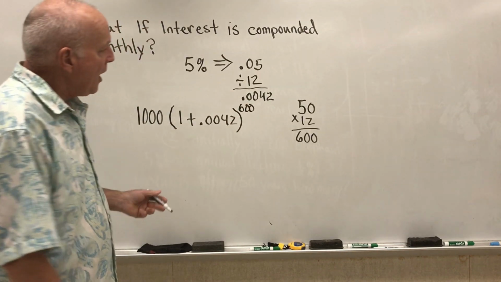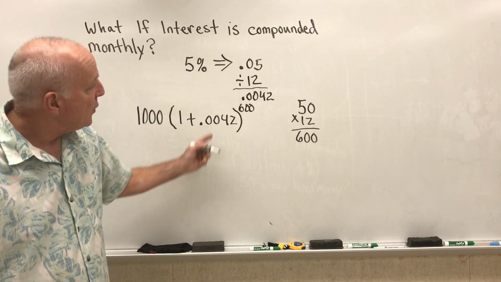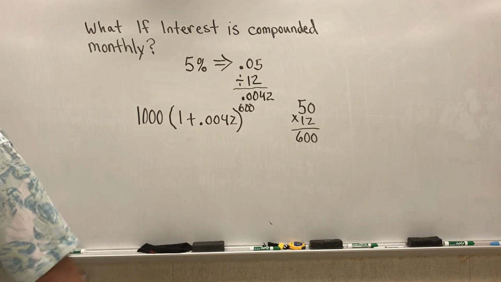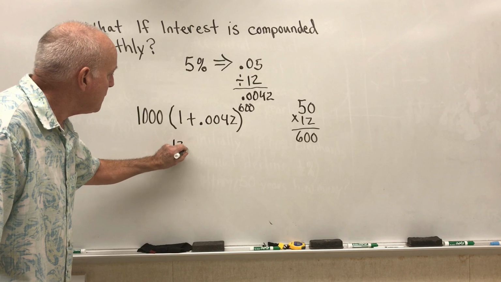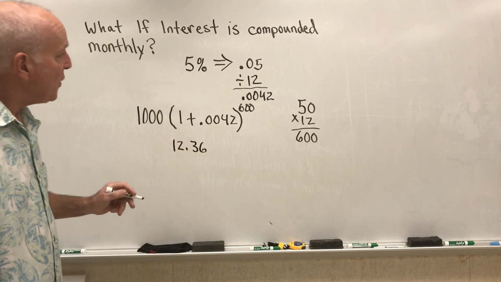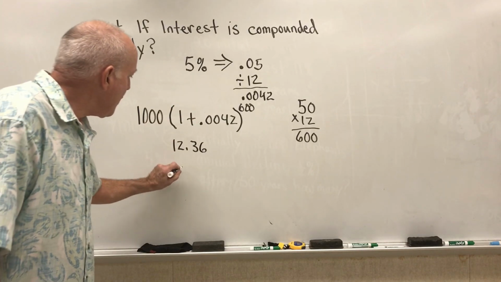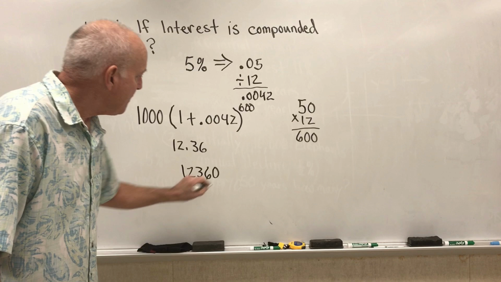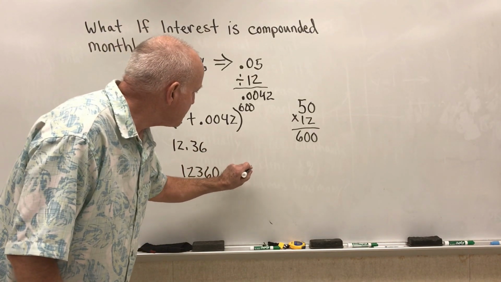All right, so on your calculator, you'd go 1.0042 raised to the 600th power, and that turns out to be 12.36. So at the end of 50 years, if we compound monthly, we get $12,360 versus $11,460